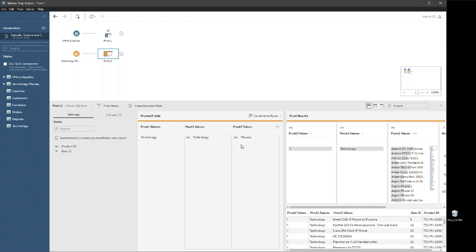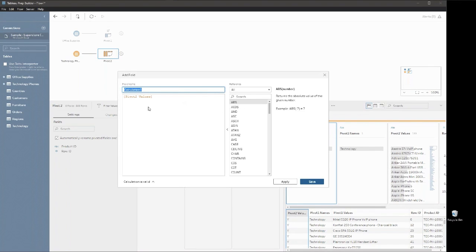Okay. And I can turn around and I can create a calculated field off of this. So here's my pivot to values. When I select that, I have the option of creating a calculated field. And I'm just going to do a very simple field here. I'm going to call it subcategory to line up to my other one. And this is nothing fancy. I'm doing a straight if. I only have a single value in there, so I'm just going to make it a very simple